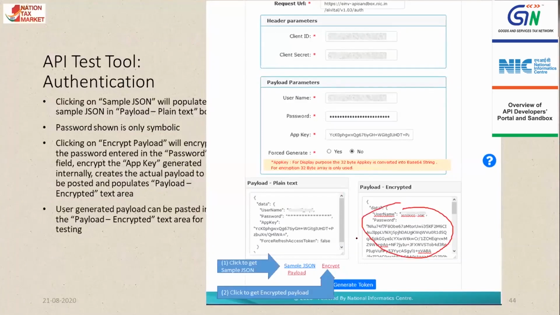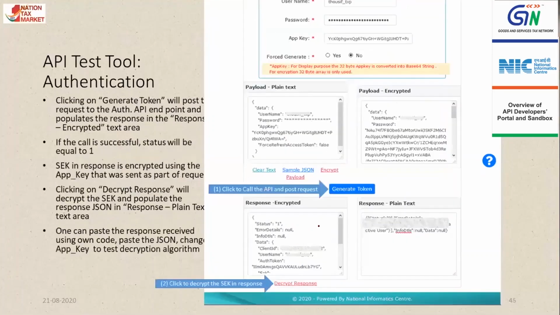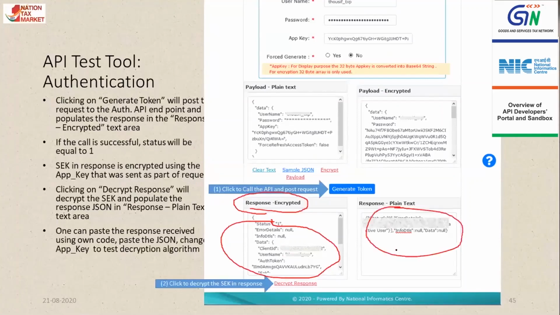And before that, people will be able to see the sample JSON, how it looks, and on clicking the encrypt payload, the system will generate the encrypted payload and populate it in this box. They can verify whether it is as per their code or not. On click of generate token, the response received from the API will be populated in this response encrypted box. And on click of this decrypt response, this response will be decrypted and populated in the response plain text box.